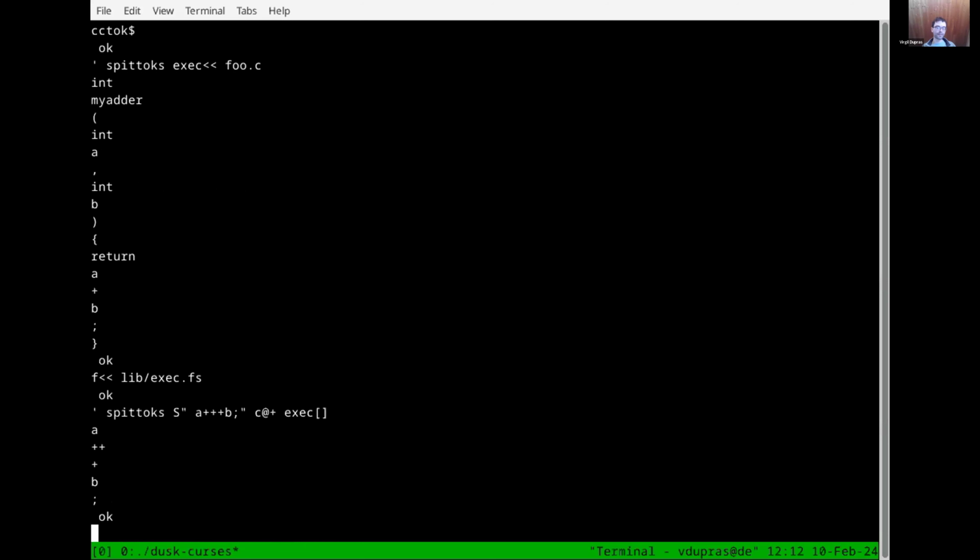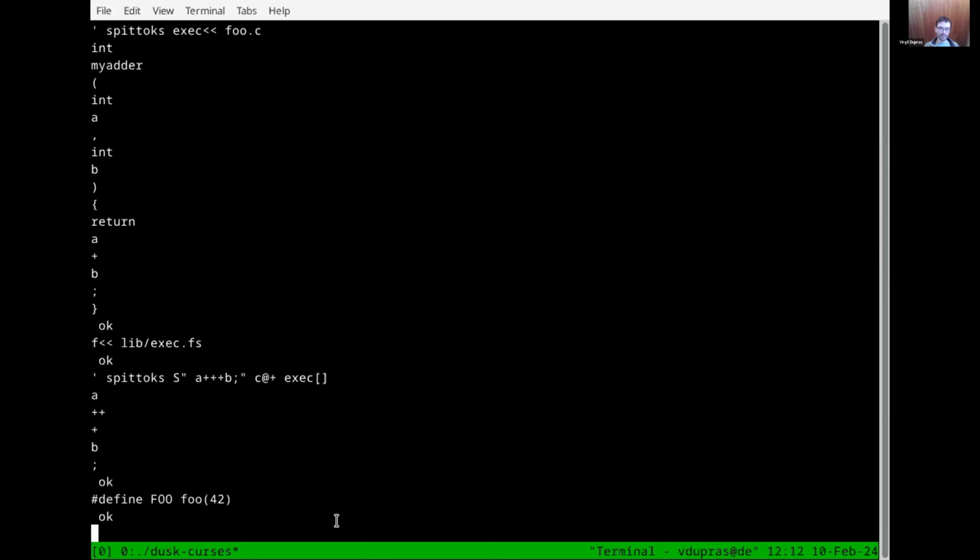In Dusk, the tokenizer also manages macros. So macro is done at the tokenizing step. For example, let's say that I define a macro foo that does foo42.